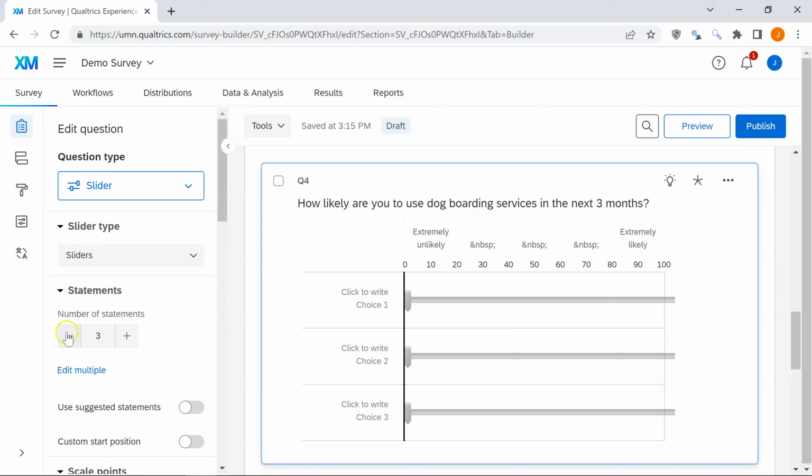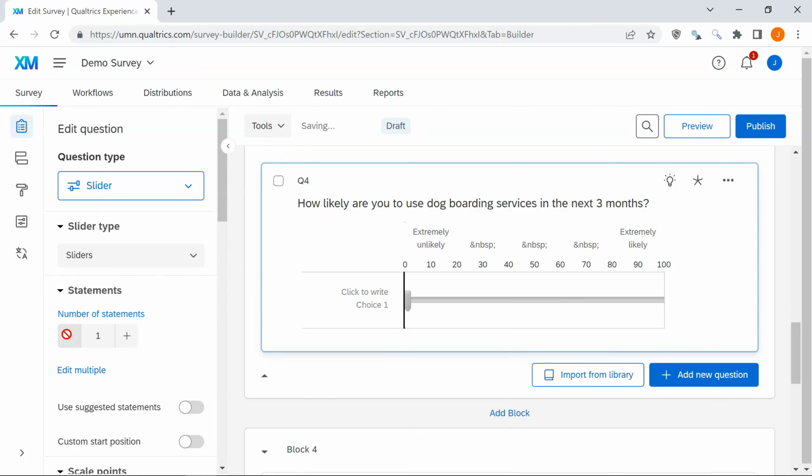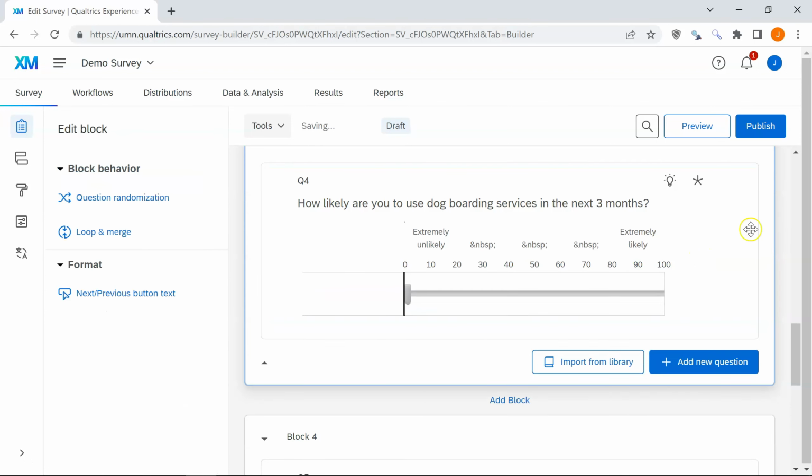So the first thing I want to do is I only want to have one statement, one response. And then where it says click to write the text there, I'm going to put a spacebar. So now it'll look empty like I want. So now if we preview it,